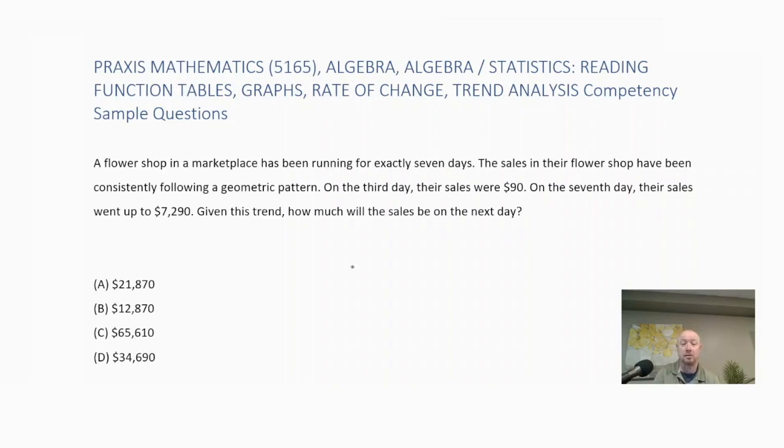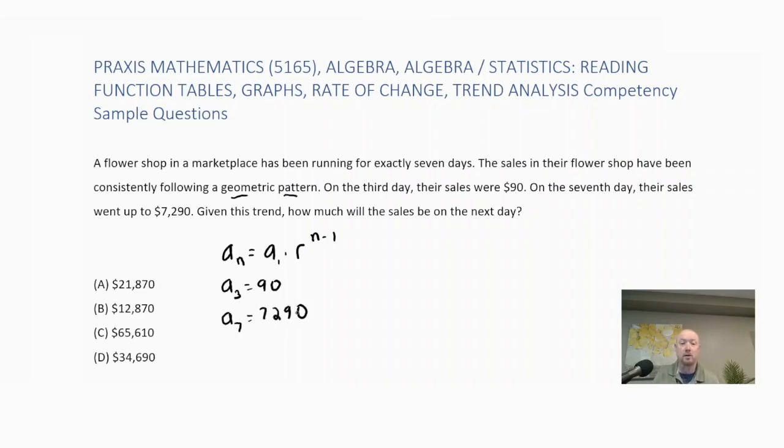All right, so the key to this problem is we have a geometric pattern. So we're going to follow this formula for geometric sequence: a sub n is equal to a sub 1 times the common ratio raised to the n minus 1 power. It tells us on the third day the sales were $90, so that means that a sub 3 is equal to 90. And it tells us on the seventh day, a sub 7, that their sales were